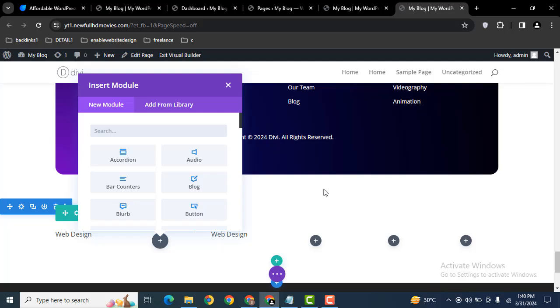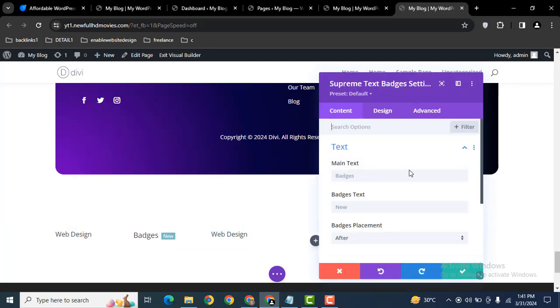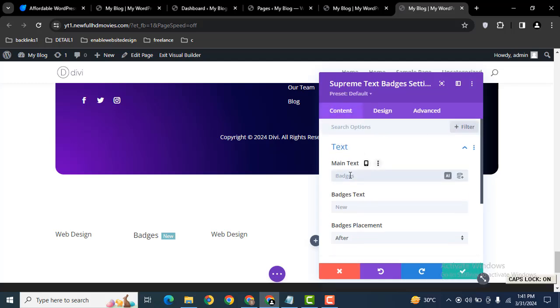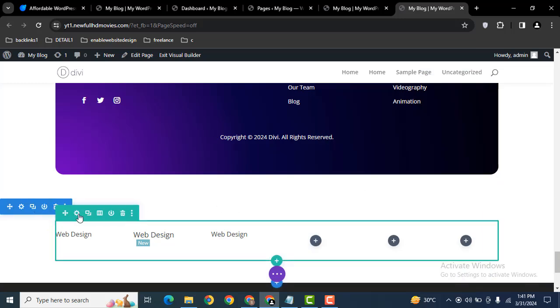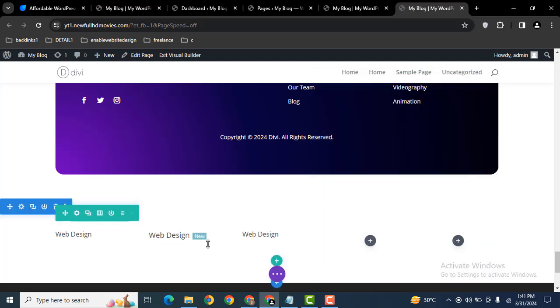Okay, now if I want to add some text here with a badge, we can type badge text. So this is the module that comes with the Divi Supreme Modules plugin. Just add it here, and after that we can add the main text, that is web design, and it has a badge. So now we can remove one column. Alright, here you can see this is the badge text,